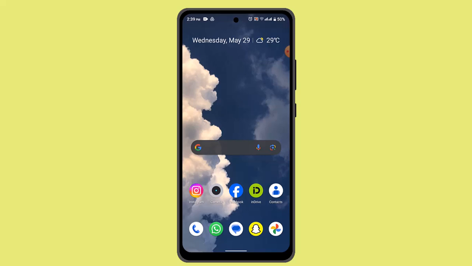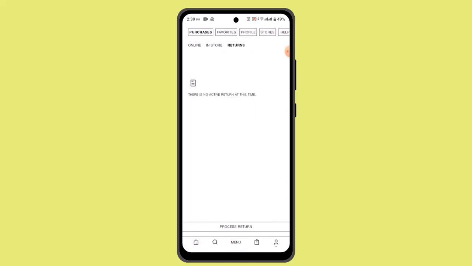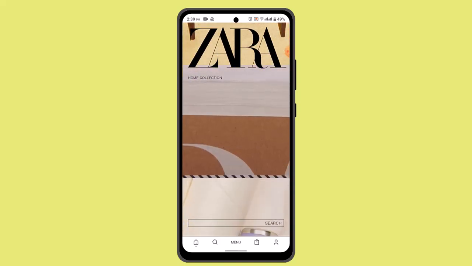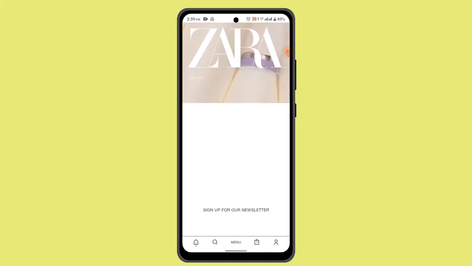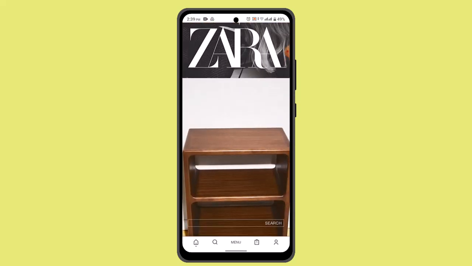In this video I'll be showing you the ways to save item to your wish list on the Zara app. In order to do that procedure, you have to go ahead and log in into your Zara account. When you're logged in, that's going to take you to the home page, which is going to look something like this. Now here you can go ahead and look for a product that you wish to add it to your